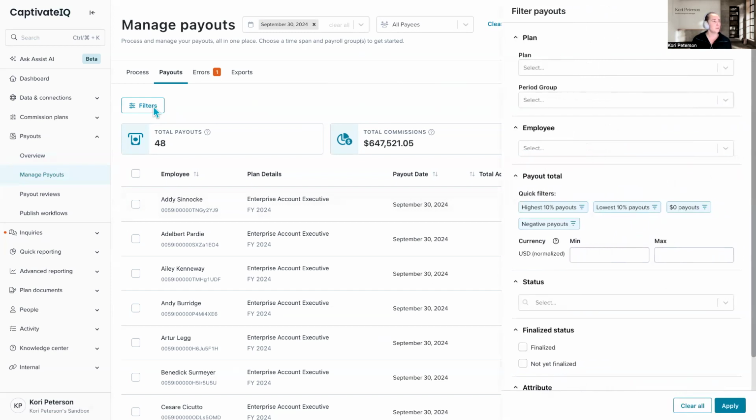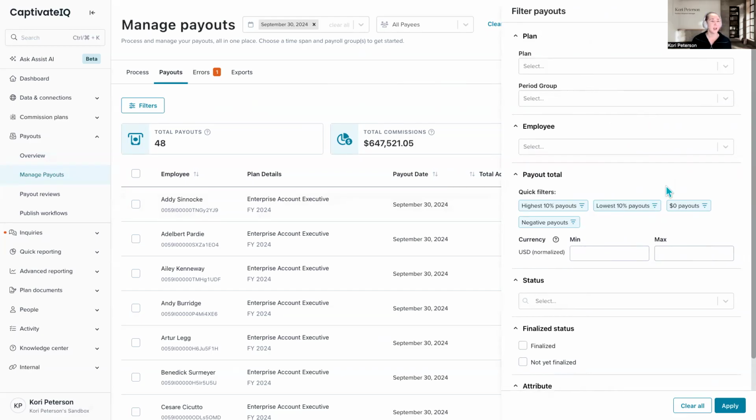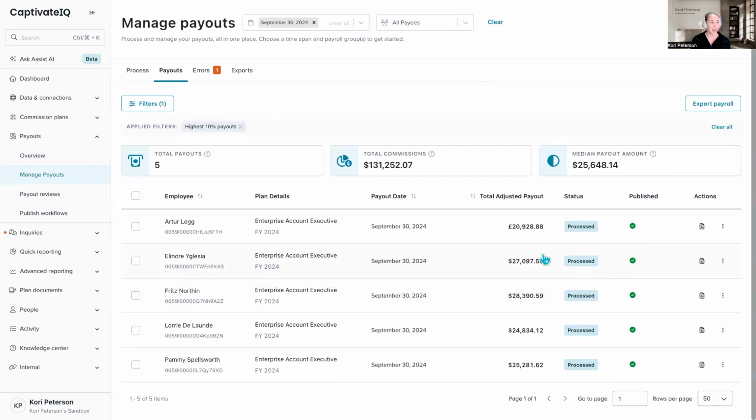One final thing that we'll touch on with Quotient is also the amazing filters that you now have access to within the payout screen. So now not only can I filter payouts by rep or plan and things like that, but I can also filter on these quick insights. So if I just wanted to see the highest 10% of payouts that I had so that I can take a look to see if I actually meant to pay this much, or if there's no flag raised, we're good to go.